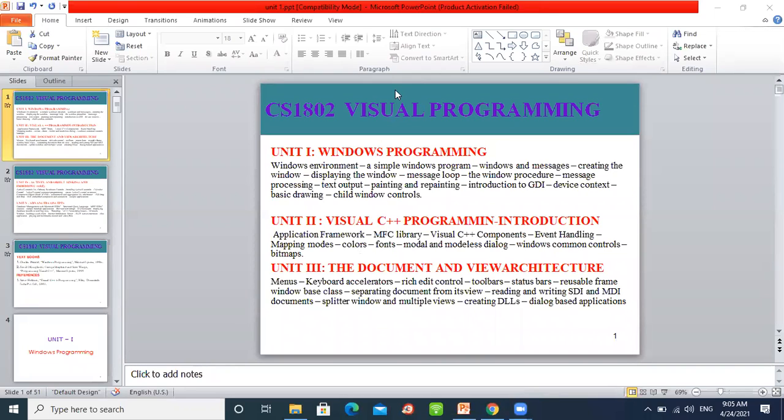Okay, which is nothing but event-driven programming. It is slightly different from procedural and structural programming languages. Fine. I also went through the question papers. There are some direct questions, so we will cover that, and a little bit of programming parts that we are going to cover. So what is the entire topic that we are going to cover in this course of visual programming? In module 1, basically we discuss